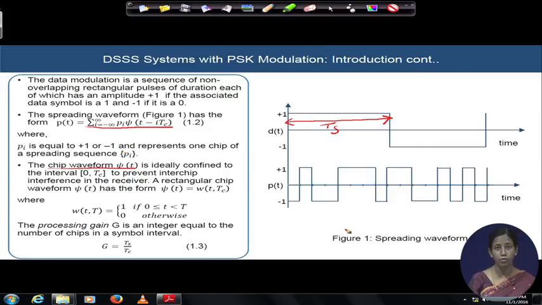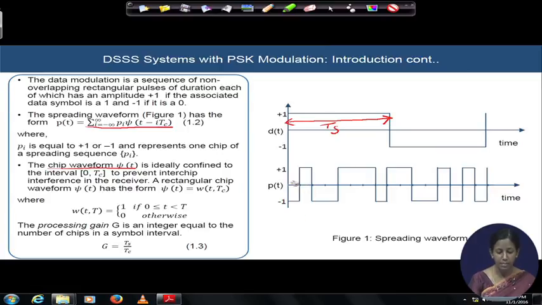So, here we are not talking about a bit. Here in the data case we will be talking about a bit, and per bit duration we will have multiple chips, because there is a relative relation between the chip duration and the symbol duration in spread spectrum communication. Coming back to the concept of this waveform, chip waveform and the spreading waveform p(t),